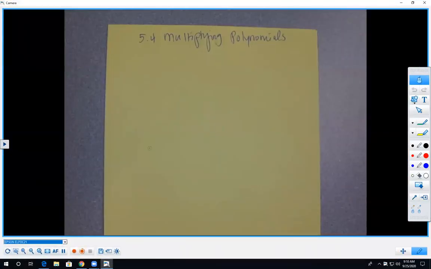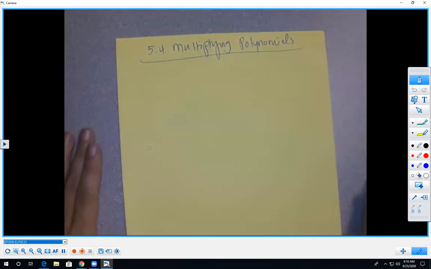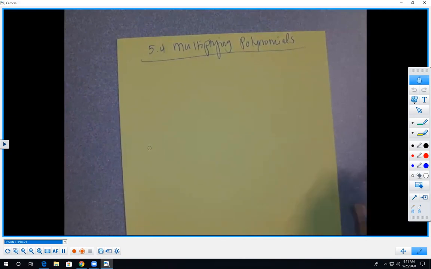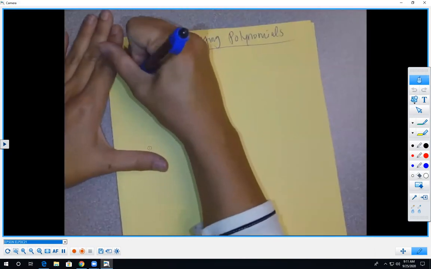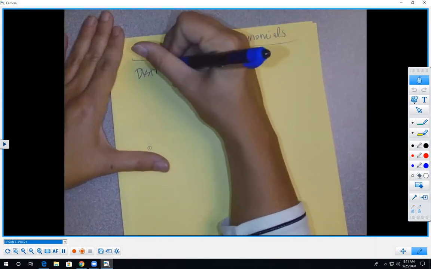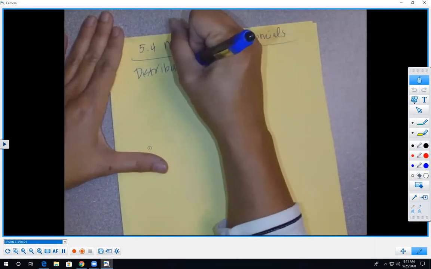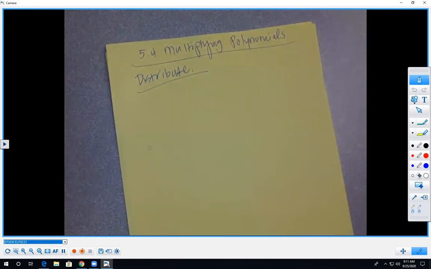Okay, so section 5.4 is multiplying polynomials. This is something you are probably very, very familiar with at this point, so today should just be a review. When you're multiplying polynomials, all you have to do is distribute. And when you are doing these problems, a few things to remember about distributing is